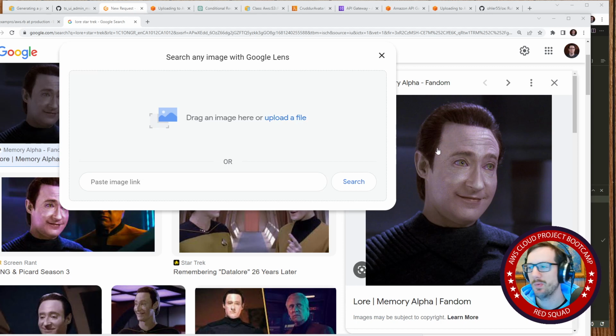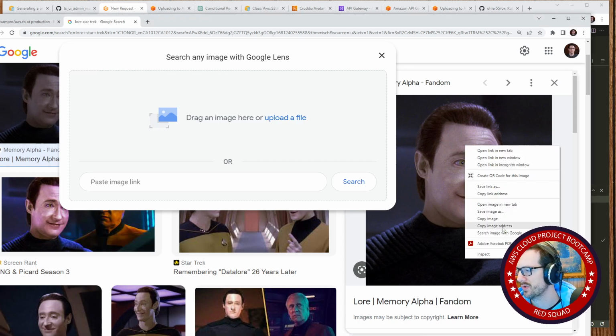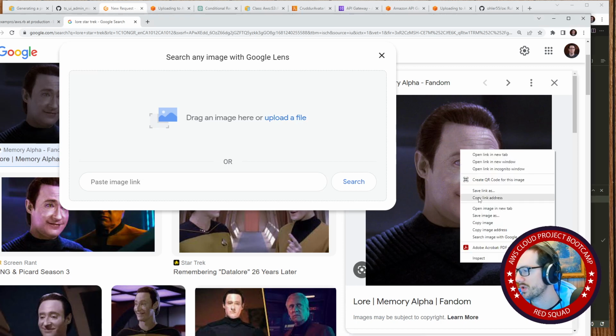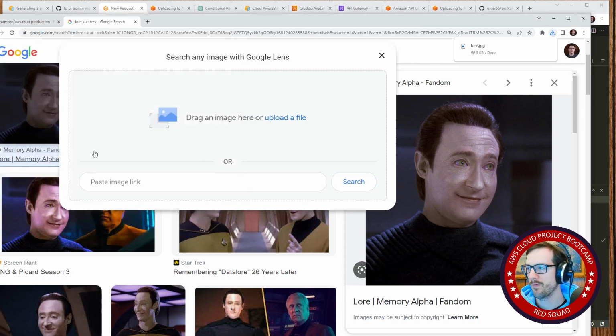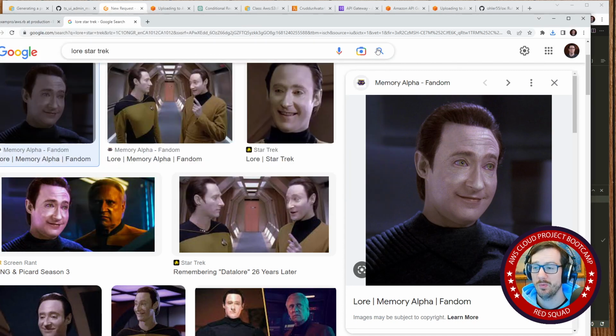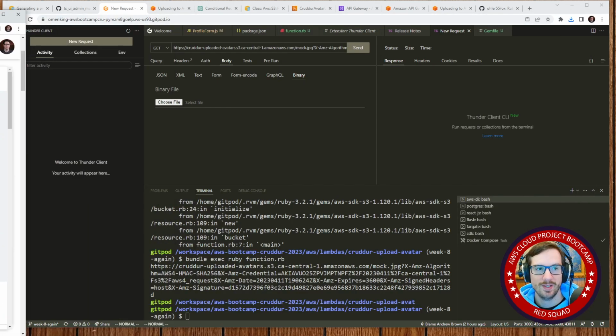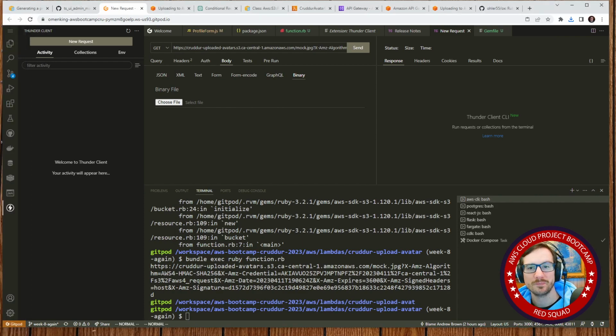And this file is a WebP. I don't want it as that. So I'm going to go save the image address or save the image as. I'm going to save that to my desktop, and we're going to call this lore.jpg. I don't know why, but it does convert the file over to JPG like that. Or maybe it's still a WebP and I'm mistaken, but if there are no errors, I do not care, at least not right now. So what we'll do is we will upload this file temporarily into